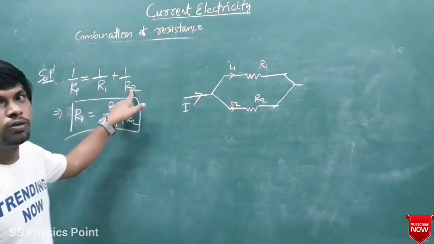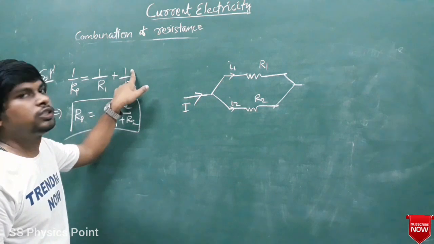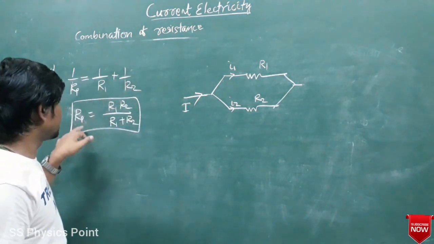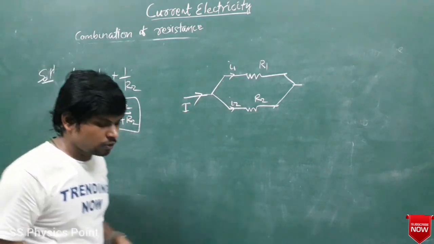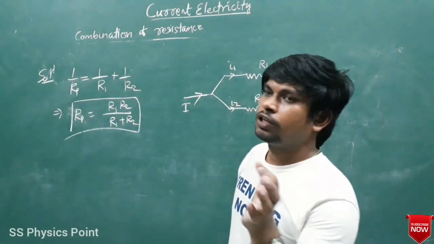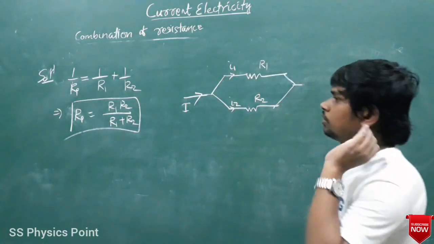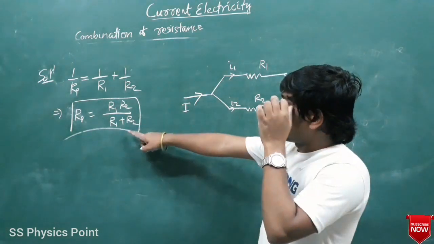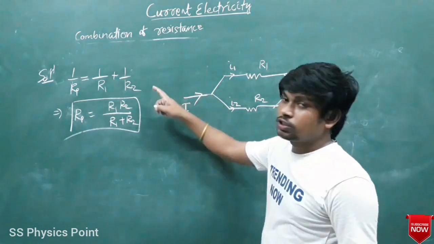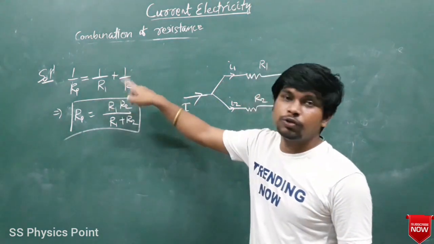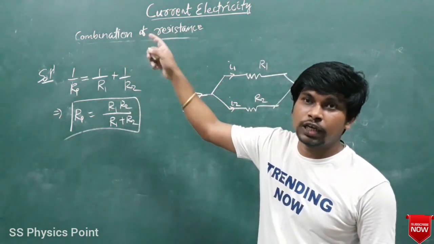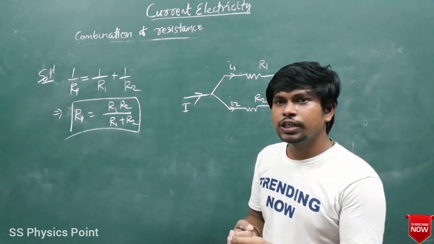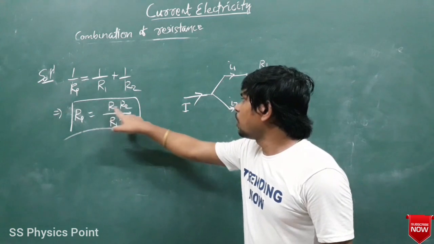उसका एलसीएम ले लो, उसके बाद ये इधर आ जाएगा, ये इधर चला जाएगा, तो फाइनली 1/Rp इतना आ जाएगा। तो Rp कितना होगा, R1 R2 by R1 plus R2। ये फॉर्मूला सबको याद हो जाए तो कोई दिक्कत नहीं है, उसको सब याद रखना है। याद रखने से क्या होगा कि बहुत सारे क्वेश्चन आप आसानी से कर सकते हो। आपको एलसीएम लेना है, फिर उसके बाद उस पर रेसिप्रोकल करना है, ये एक लॉन्ग प्रोसेस है। सो इजीली कैसे याद रखना है कि आपको R1